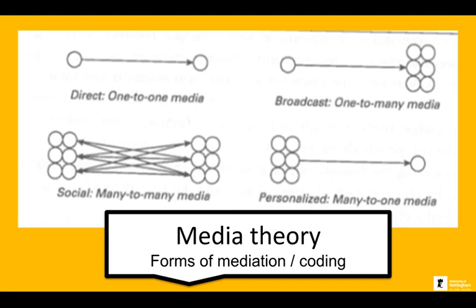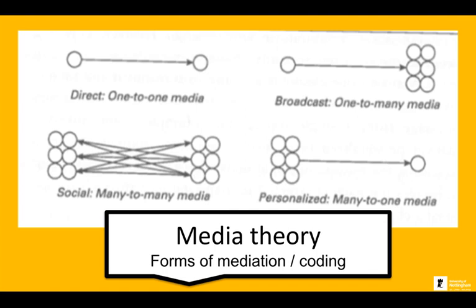That kind of works as an example, but it focuses on the message, not the form of mediation. The best example of many-to-one mediation that I've been able to think of is the personalised messages you can get on digital media platforms, where you can have different forms of the same message targeted to different consumers. So the messages are personalised, so you can have many messages. But what social media and digital media platforms allow you to do is target specific messages to specific individual consumers